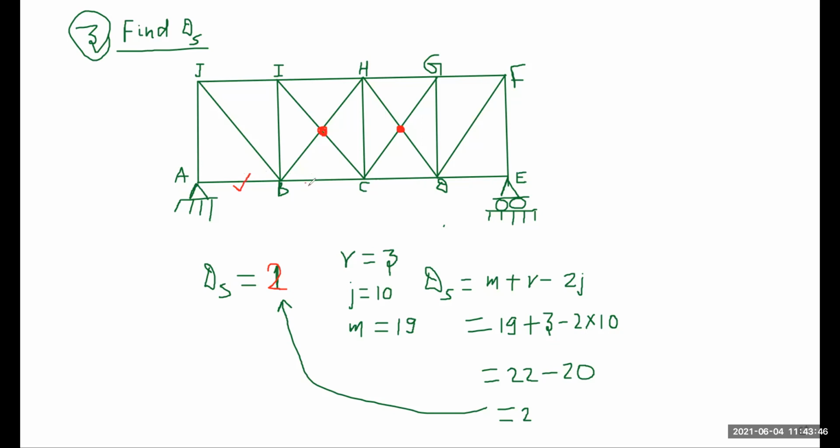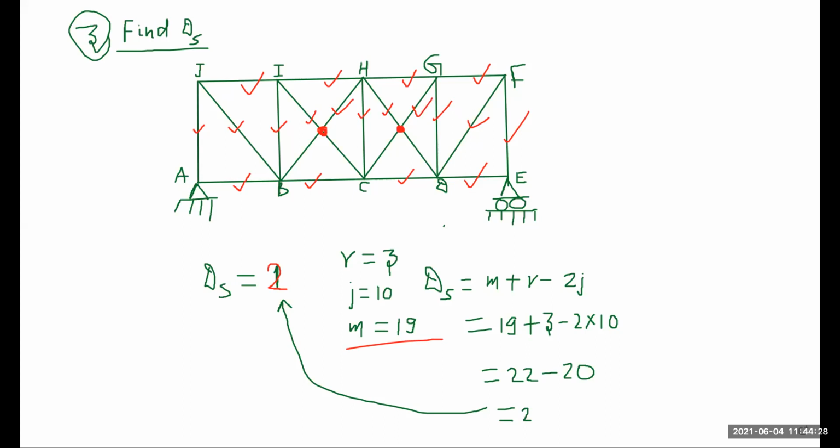Someone, if he starts counting, counts member 1, member 2, member 3, member 4, member 5, member 6, member 7, member 8, member 9, and member 10. Member 11, member 12, member 13, member 14, member 15, member 16, member 17, member 18, and member 19. So I think Sonu gets the number of members as 19.